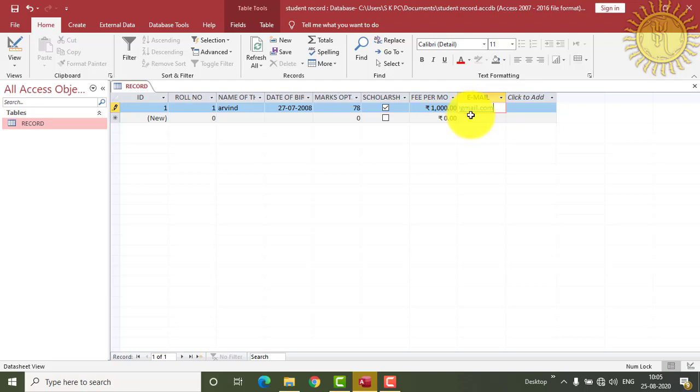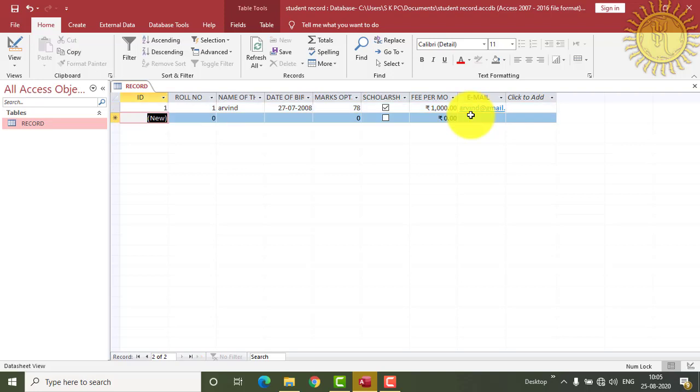Okay, so this is our first data, and like this we will enter all the data in this table. Press the enter key, we will move to the next line and start entering the next data.